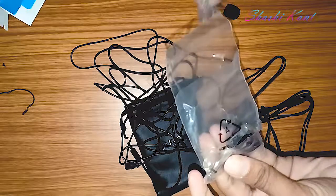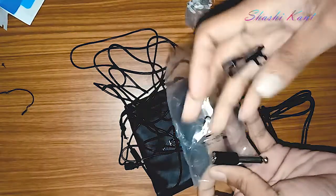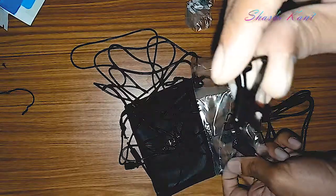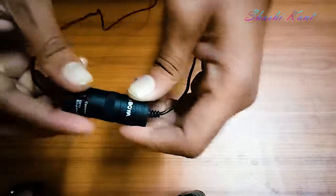You will get a foam windscreen to reduce the wind noise. This one is the high quality metal clothing clip which you get with this mic. The clothing clip is made of metal. It looks long lasting. You'll get a battery which we call LR44, and now I'm going to show you how to install the battery